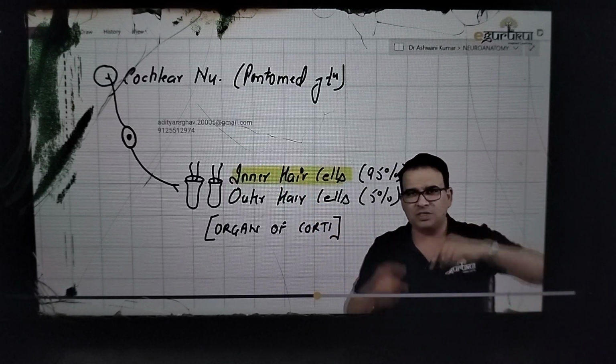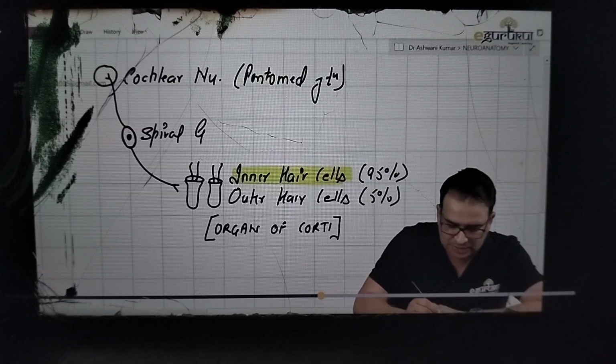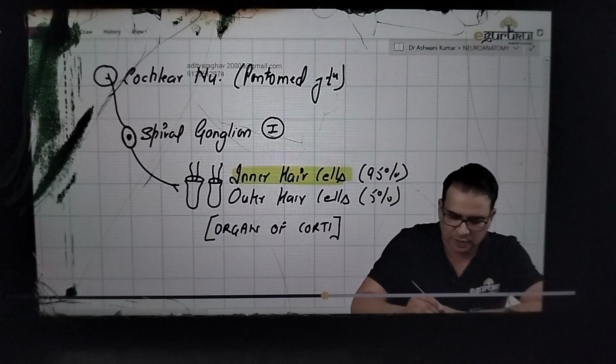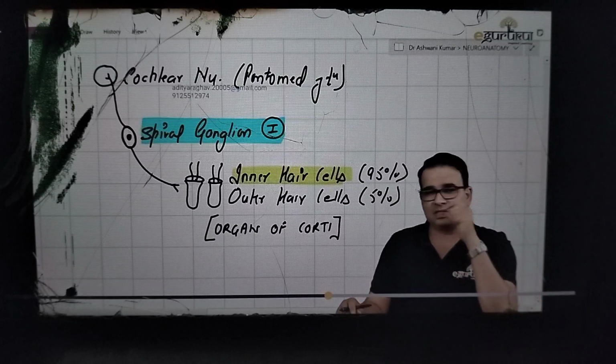Its wall of cochlea, what is the shape of wall of cochlea? It's a spiral shape, and that's why it is also called a spiral ganglion. It is present in the wall of cochlea, and this is the first order neuron for the auditory pathway. I keep highlighting these order neurons. That's a spiral ganglion, which is basically the component of 8th nerve only, is the first order neuron of auditory